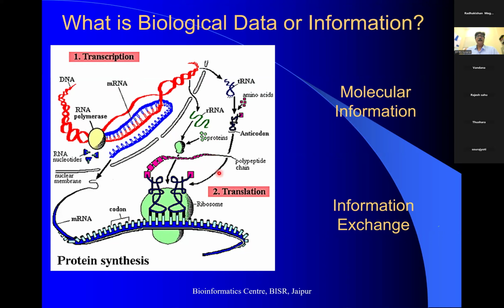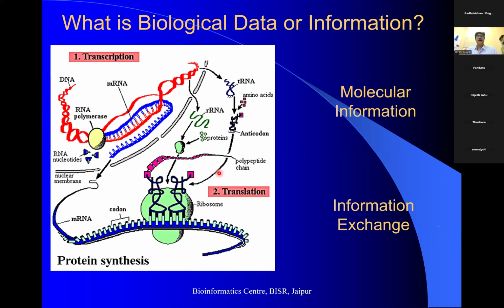Here these two sites are there, the acceptor site and the peptidyl site. The peptidyl site makes a polypeptide chain, and here it comes. The tRNA molecules contain the anticodon site. So this is the codon, and the tRNA contains the anticodon, so that it can sit here. And then finally